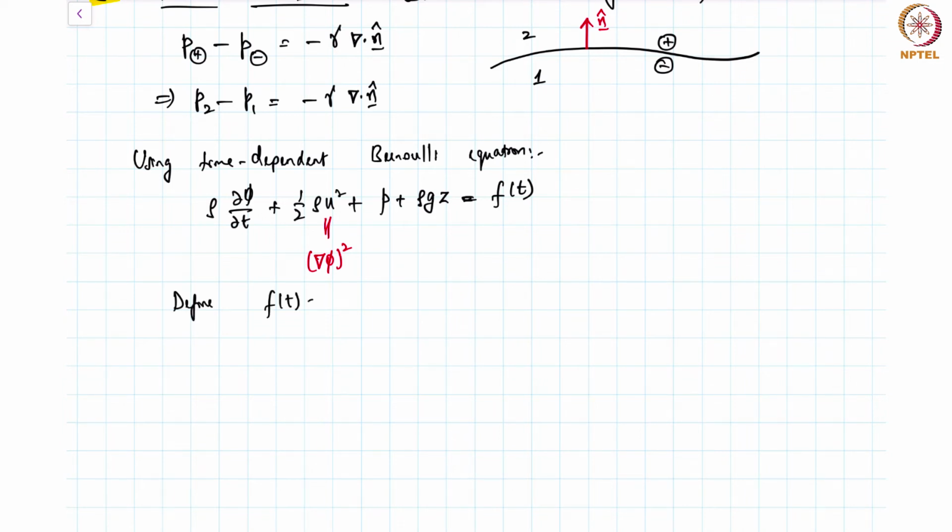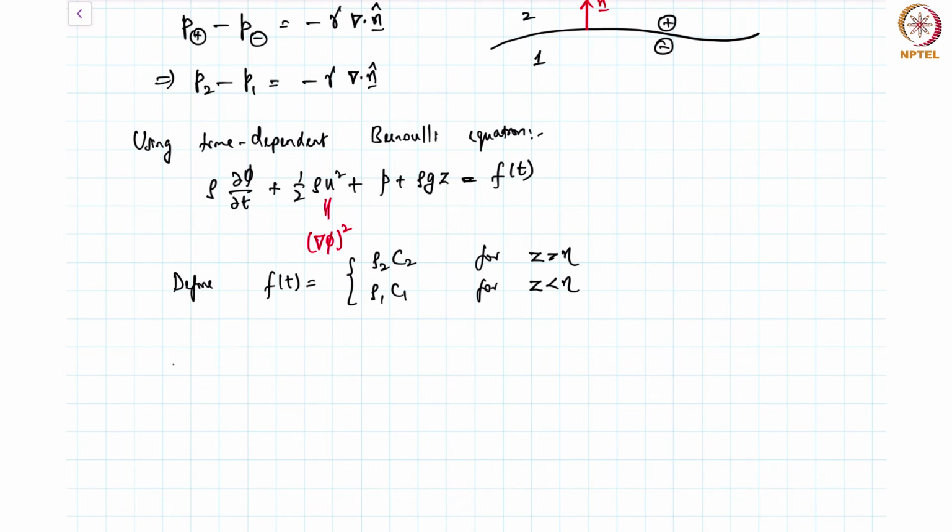f of t to be, let's say, some constant rho 2 c2 for z greater than eta. It is some constant rho 1 c1 for z less than eta. Okay, therefore I simply have the upper fluid P2 will be rho 2. The reason I included the densities in the definition of the constant f of t, constant meaning it's not a function of space, it's a function of time alone,